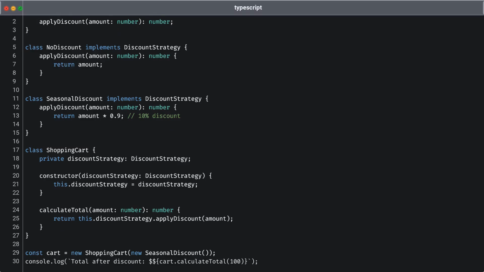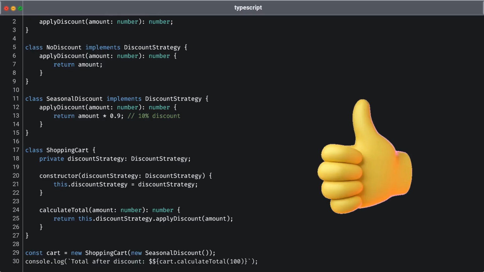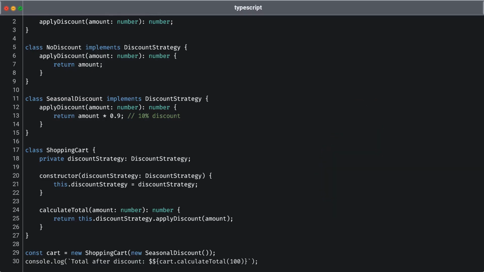This class has a dependency on the discount strategy, which it receives through its constructor. This design allows us to achieve flexibility. By calling the calculateTotal method, the shopping cart can dynamically apply the specified discount strategy to the amount. This separation promotes adherence to the open-closed principle, as we can easily add new discount strategies in the future without